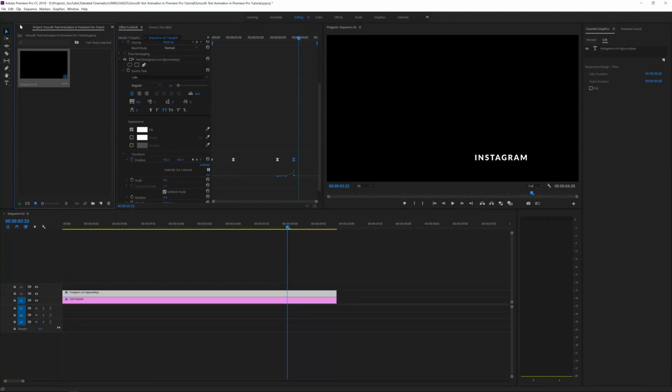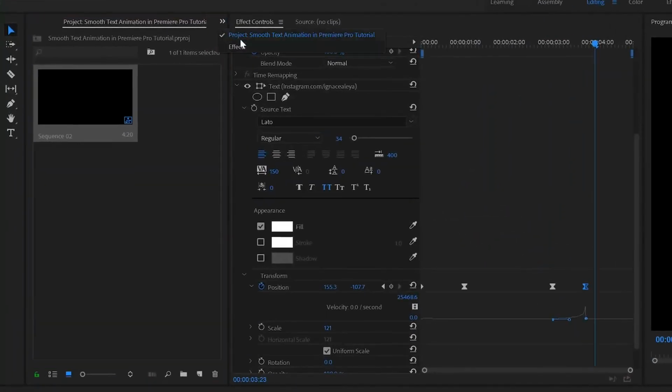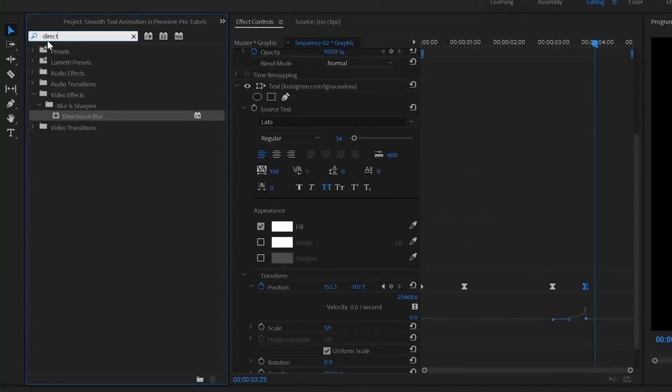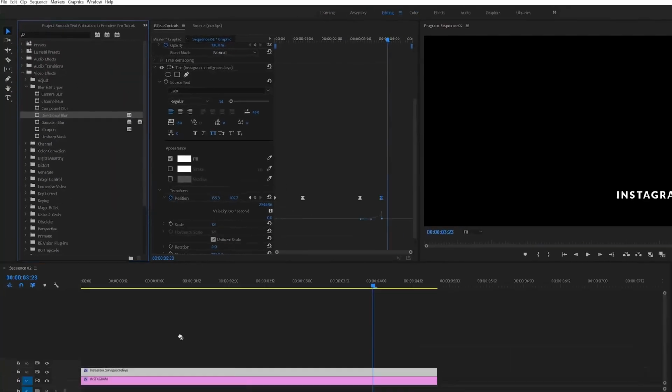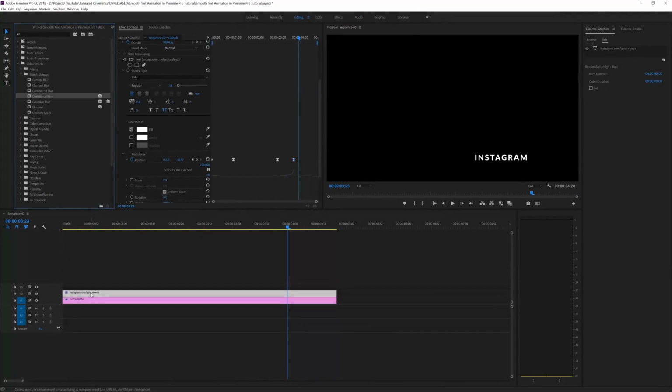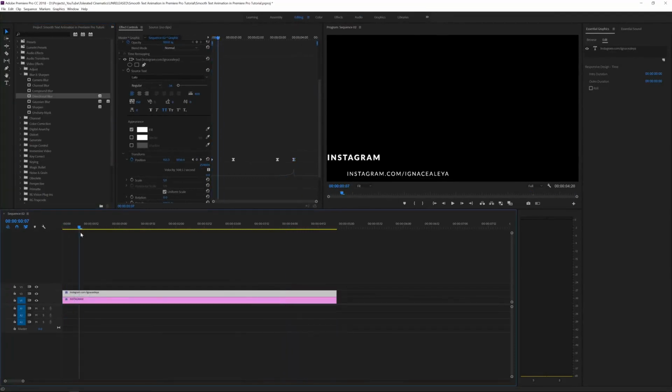So what we want to do is go to the effects right here, and search for the directional motion blur, well actually the directional blur under blur and sharpen. If we don't search, we can simply go to video effects, blur and sharpen, directional blur, and drag this onto one of your layers. So let's start with this bottom one. And what we want to do is